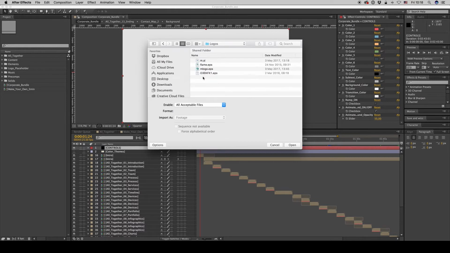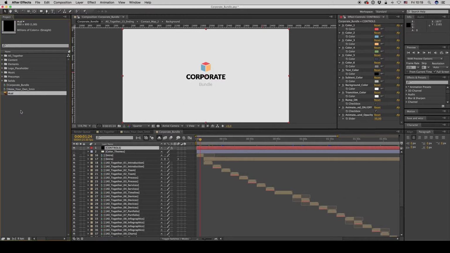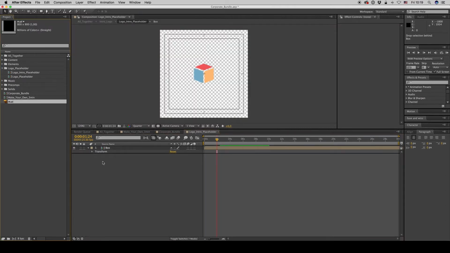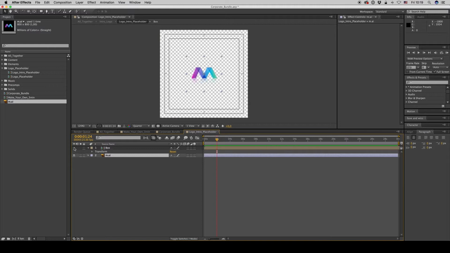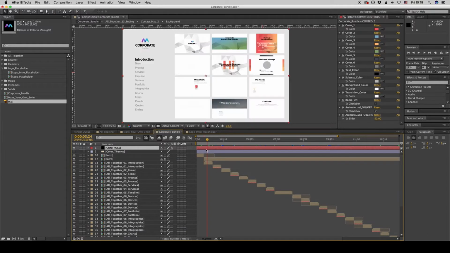So bring your logo here. Let's take this one. Go inside to the logo placeholder, logo intro placeholder, and put your logo here. Scale it up or down by pressing the S button on the keyboard. Okay, and then on the controls,